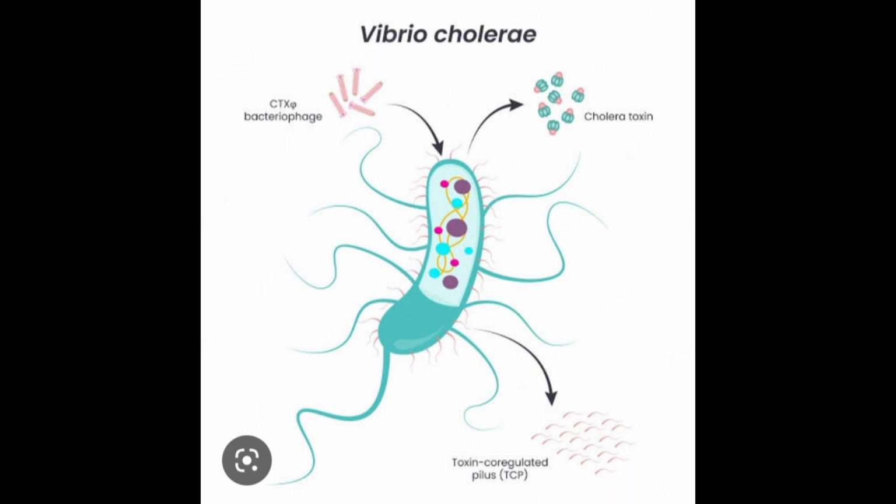Halophilic vibrios. The halophilic vibrios cannot grow in media lacking sodium chloride. They grow best in the presence of sodium chloride. Their natural habitat is seawater and marine life. Some halophilic vibrios which cause human disease are